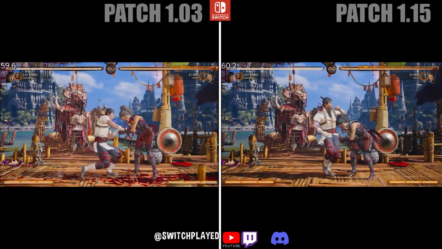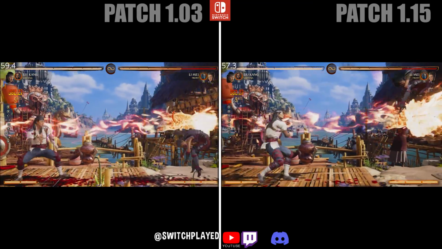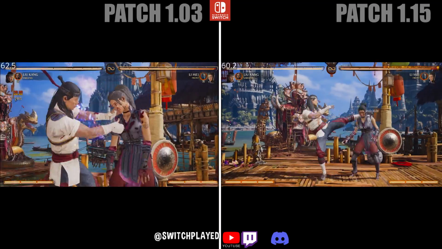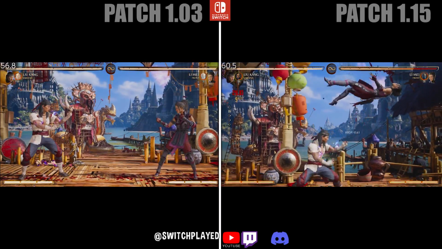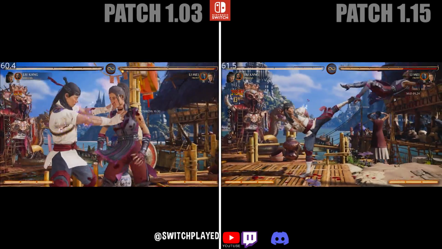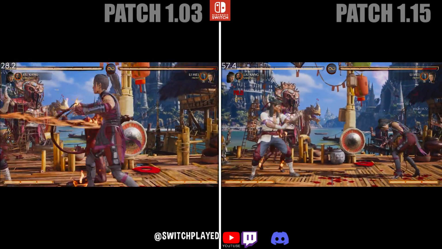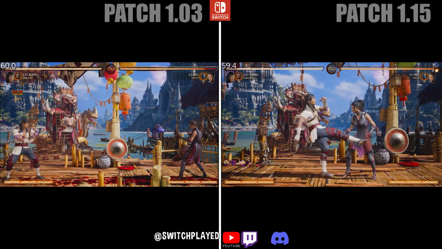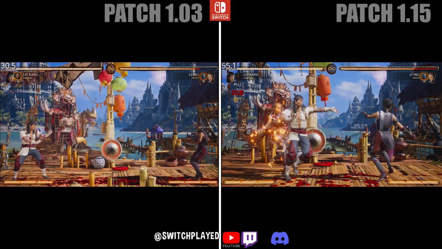Now let's take a look at some gameplay. This is in training mode, so obviously it's offline for obvious reasons. I cannot do these frame rate tests for online gameplay, but this is going to be a good example of how the game runs now. Both 1.3 and 1.15 target 60 frames per second, and for the most part they both stay pretty close to 60, but you will notice more frequent drops in 1.3, but they also occur in 1.15, particularly during animations for